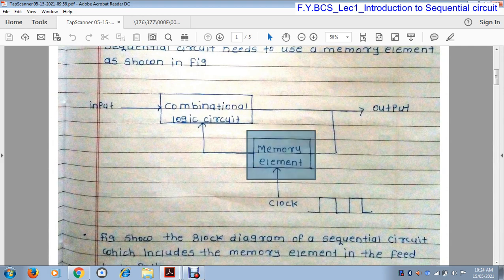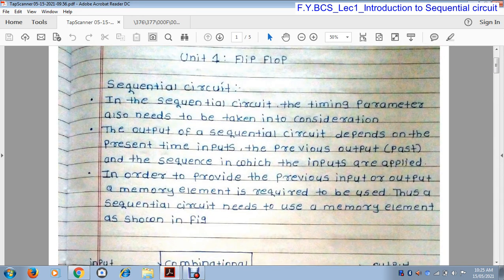In combinational circuits we saw different types of circuits: multiplexer, demultiplexer, encoder, decoder, parity generator, parity checker, half adder, full adder. All these are combinational circuits, which are nothing but the combination of logic gates. Now in this semester we will see what is sequential circuit and different sequential devices.